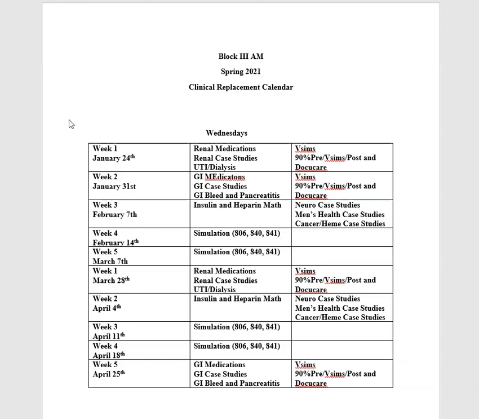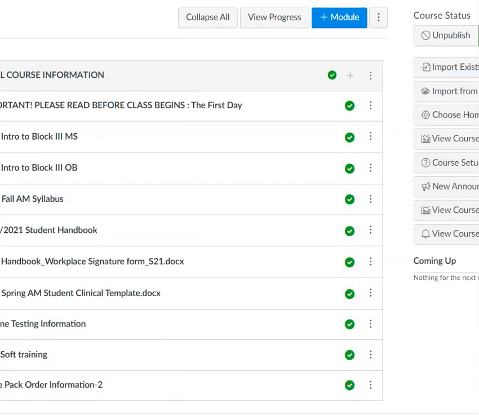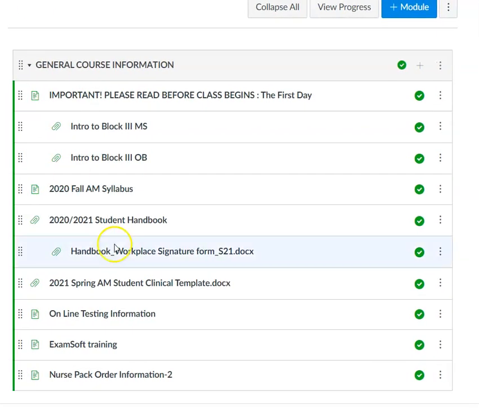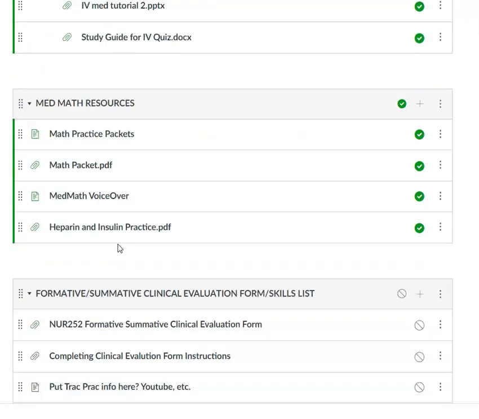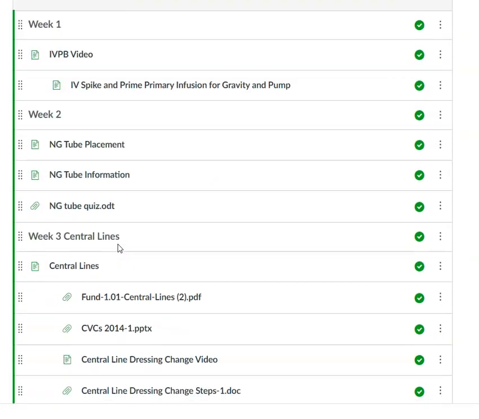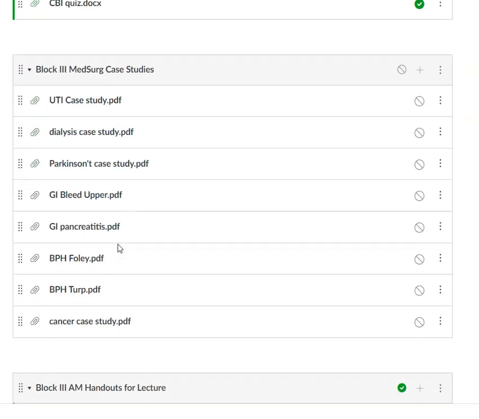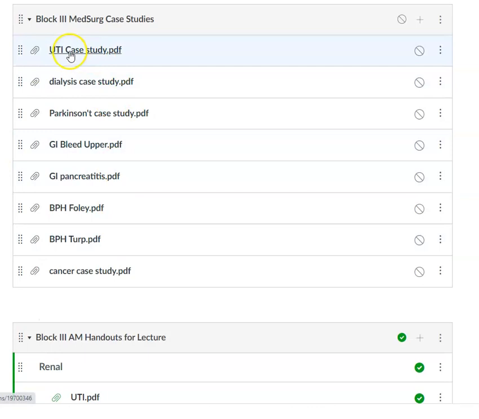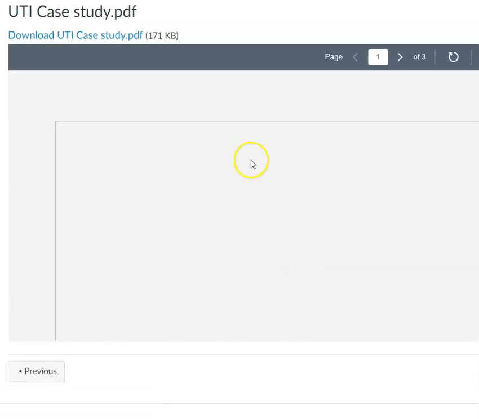Now, as far as renal medications and renal case studies, you can find those under Canvas. And let's see here, if you go down past the labs, here's your case study. So for renal, we're going to do the UTI case study and the dialysis case study. If you pull those up,